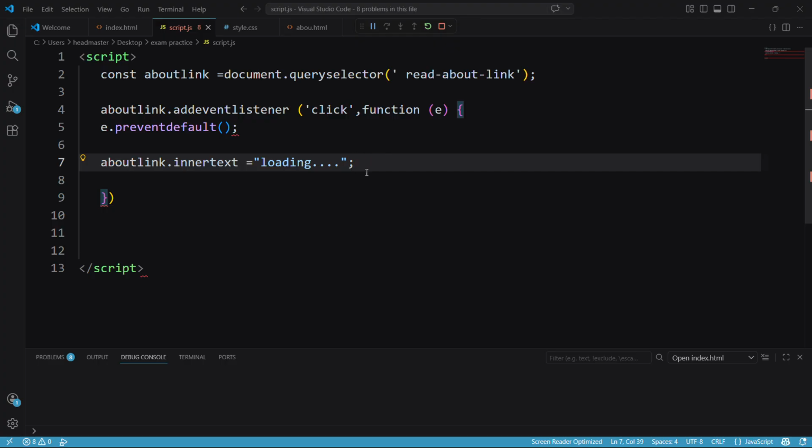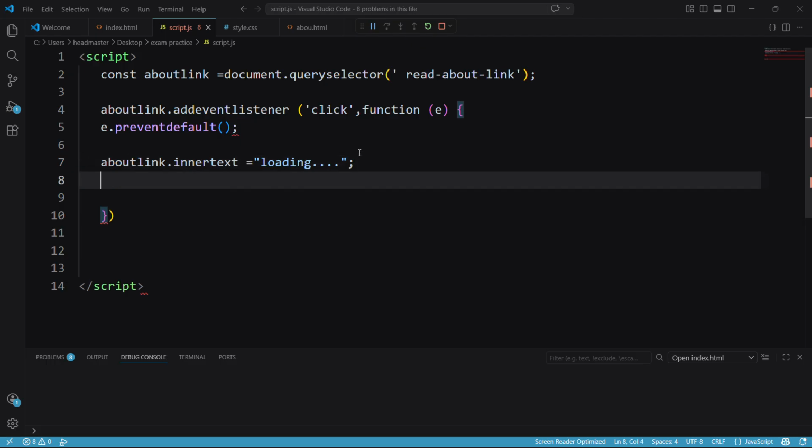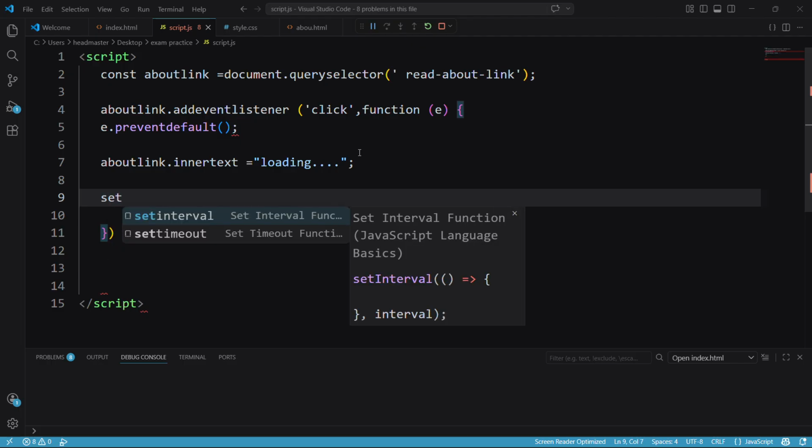About link inner text. So we have some problem. Let's find it. Close it. Then after you close it, yes, there is no mistake. After that, let's set